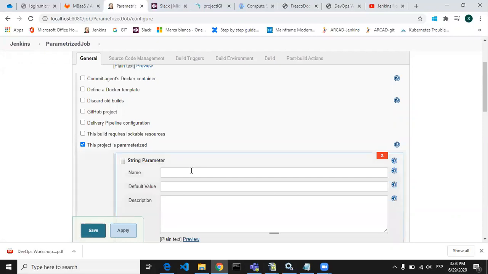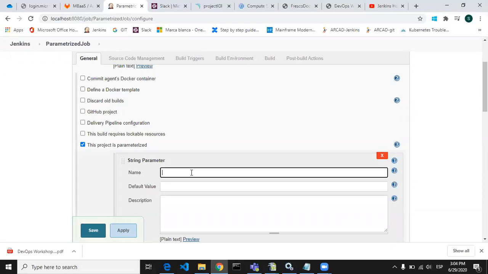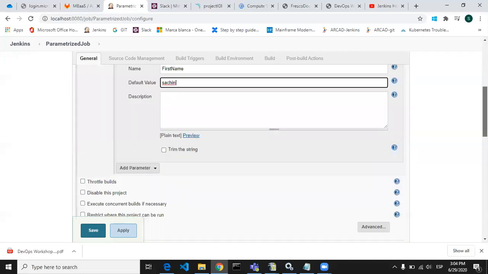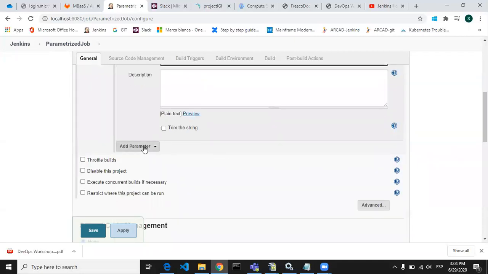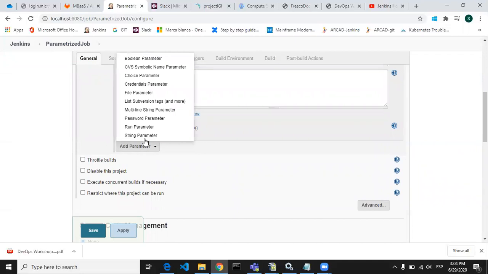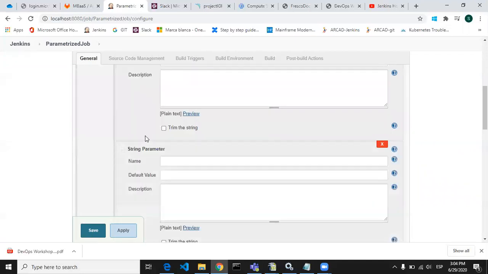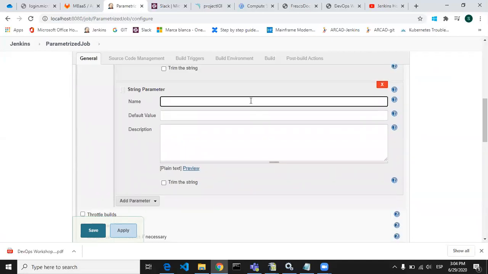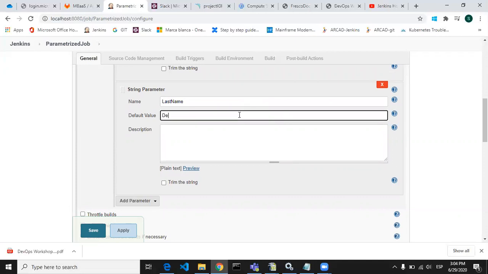So if I say string parameter and I will say first name, and if I say default value is Sachin, I am again taking a string parameter as last name. I'm giving the default value as Deshmukh.